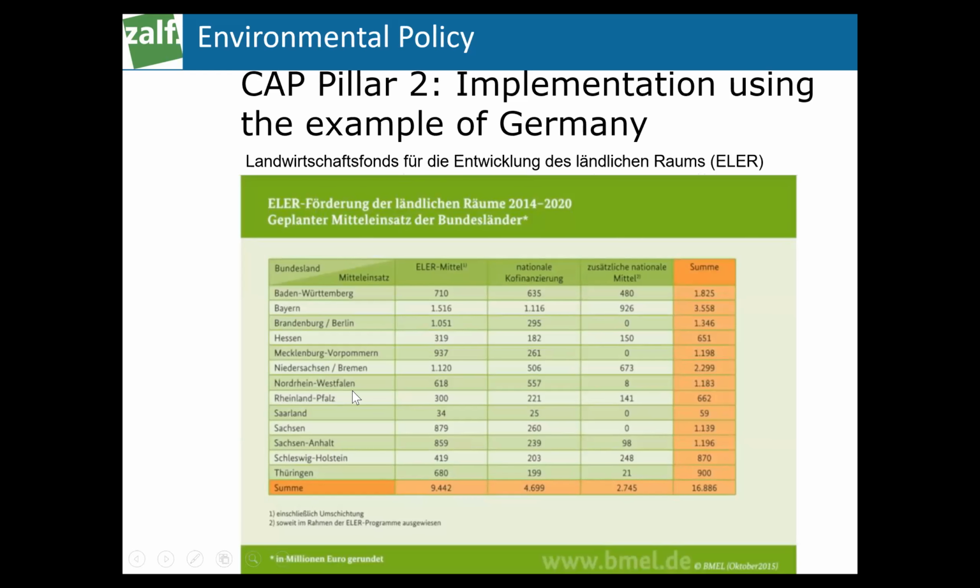This is just to have an overview on the total amount. And you see here in Bavaria, you have the biggest share, in Baden-Württemberg, the second biggest. Then you have Brandenburg, Berlin, also quite high, Sachsen-Anhalt, and Niedersachsen and Bremen with a high competitive share. You see that also the national co-financing issue is always given, and the additional national supplementary budget can be given in the sense of financing the programs.